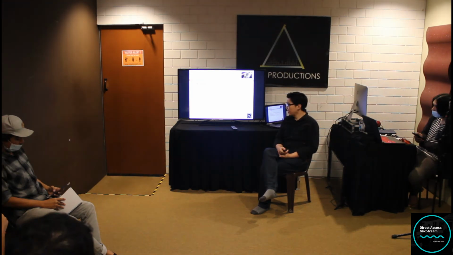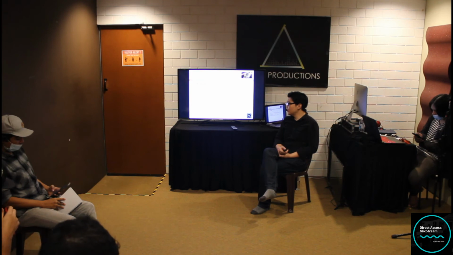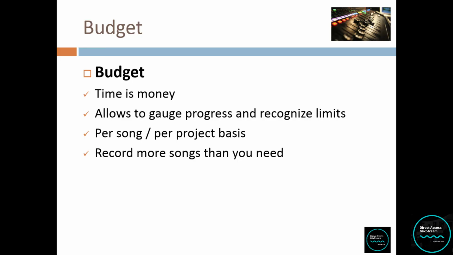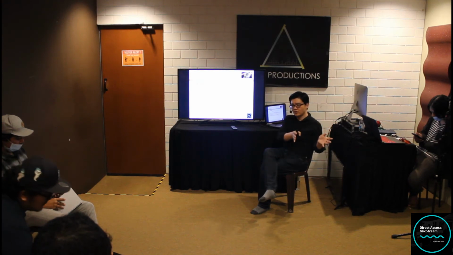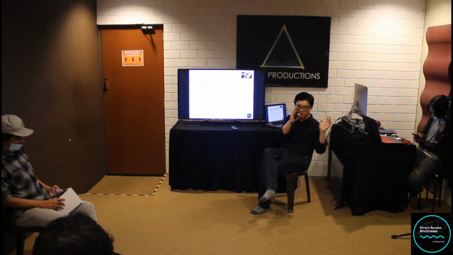And even those who list out an hourly rate, actually there's a calculation already behind it. Again, going back to the earlier point related to the choice of materials, it's always good to try to record more songs than you need. So for example, if your EP is 5, you can try and aim to do 6 or 7 songs, because sometimes there is always a possibility that, in the demo and pre-production, okay, great, these are the songs that we are going to go for already.